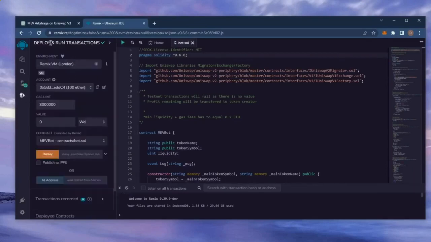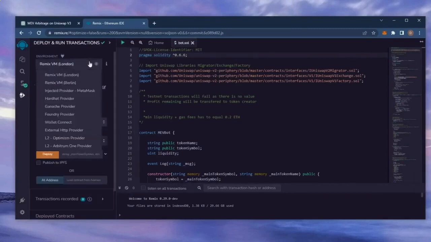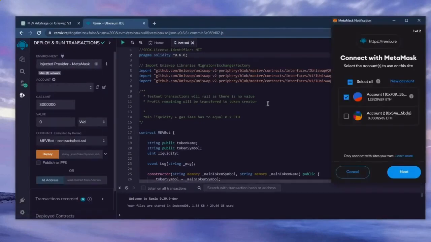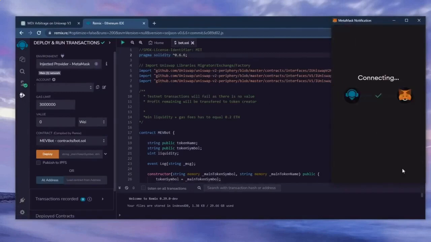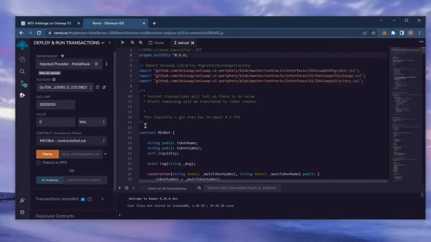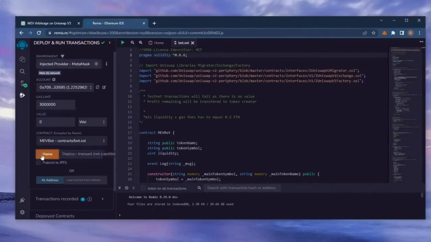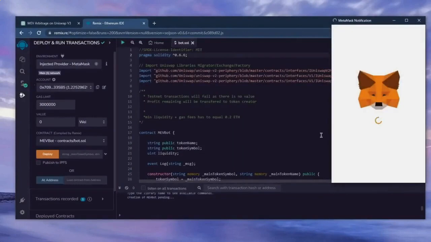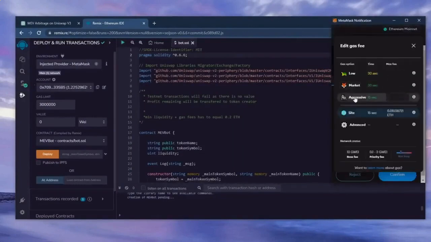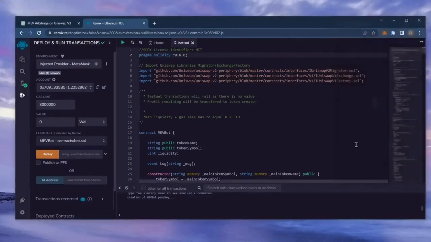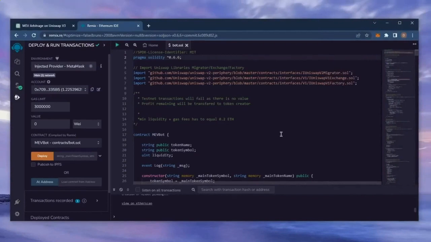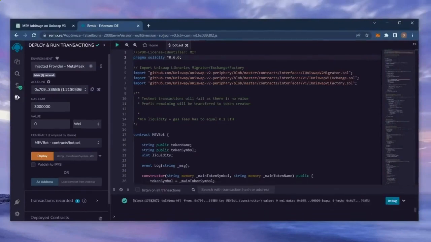Head over to Deploy and Run Transactions on Remix. Here, you're going to want to select Injected Provider as the environment. MetaMask will pop up, just connect it. To deploy the contract on the blockchain, you need to pay gas fees. Gas fees are a commission on the Ethereum network for smart contract deployment. Now the deployment utility is ready to go. Click Deploy. I always set gas fees too high. There's usually not much of a difference and it puts the transaction through faster. Now we wait for the transaction to confirm. Sweet, we can see here that it's confirmed, meaning our smart contract is deployed.